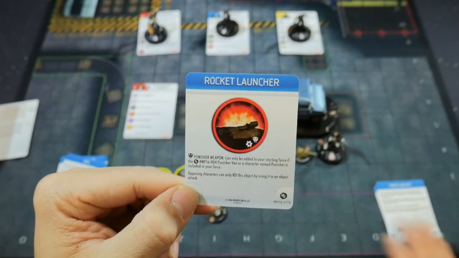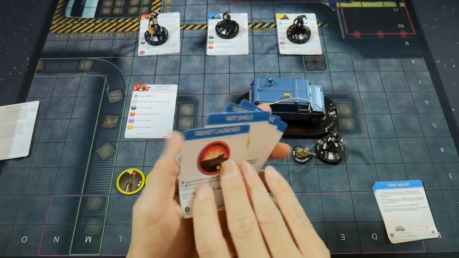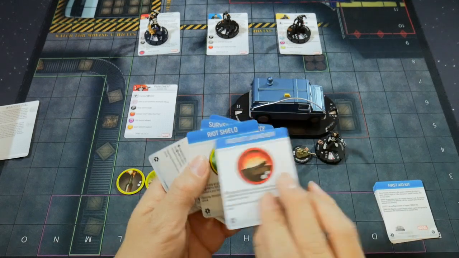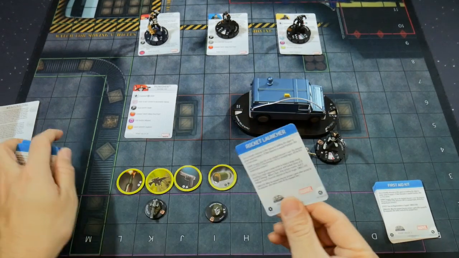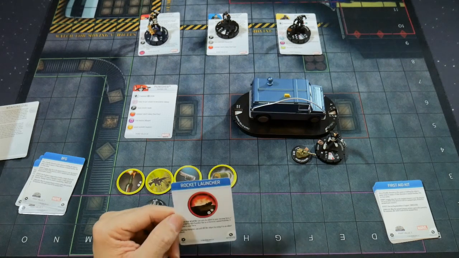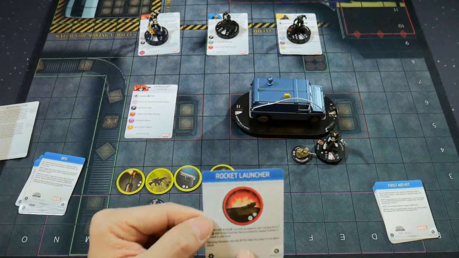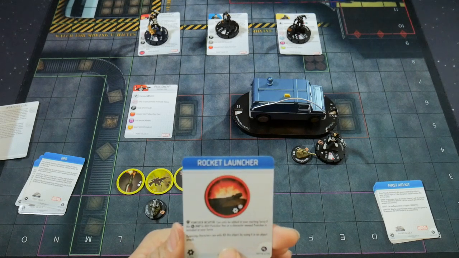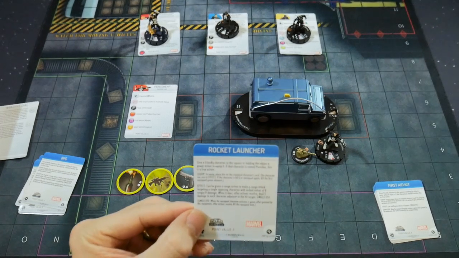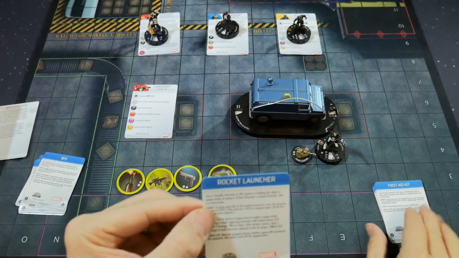So any of these objects, I'm pretty sure, yeah, all of these objects have that rule. So basically that means you can't shoot these objects and destroy them. You can only destroy them if you pick them up with super strength and then use them in an attack, okay? The other point that we need to make about these objects is that they all have this ability